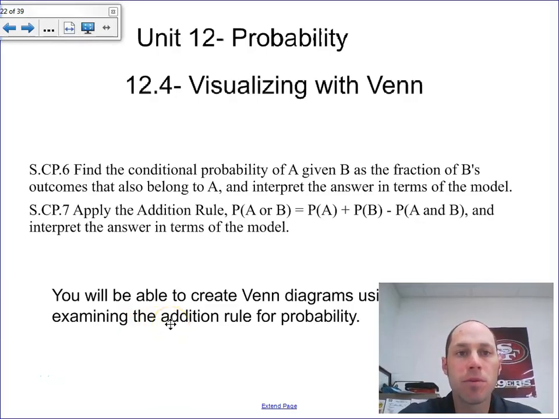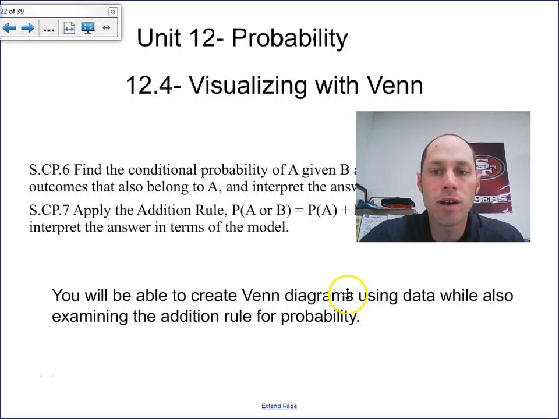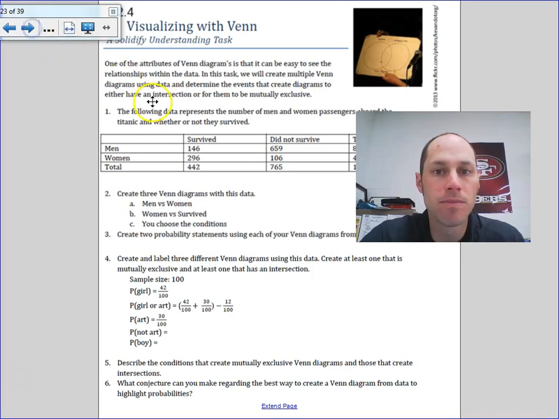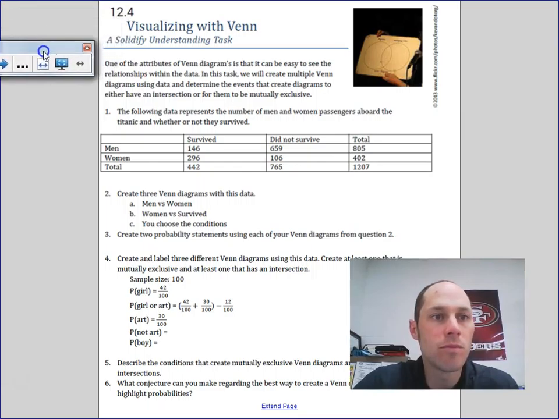As we continue our unit on probability, today we're going to be doing the lesson called Visualizing with Venn, as we learn to create Venn diagrams a little bit more and how to use that data. We'll also talk about what the addition rule for probability is. So as we get started, if you take a look in your note sheet, we're going to really focus on